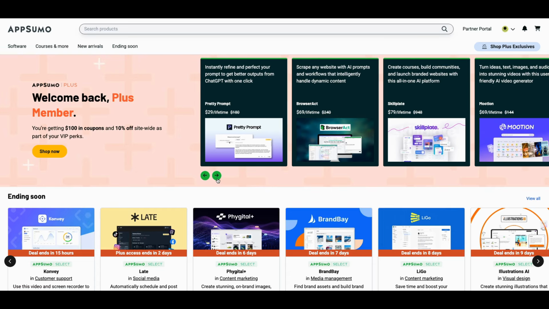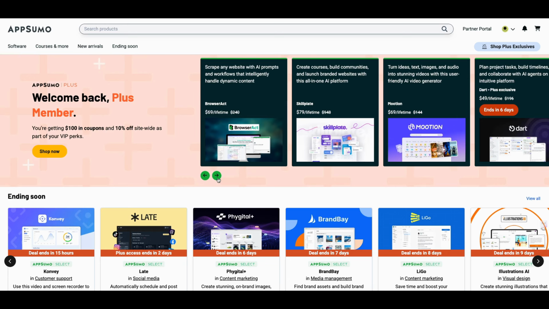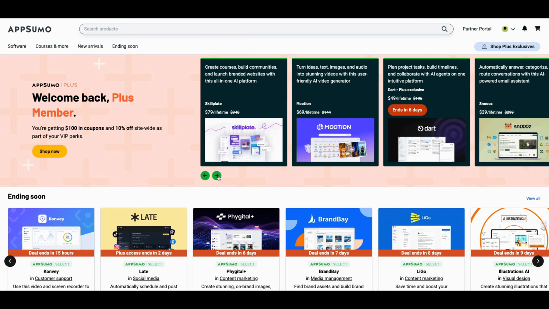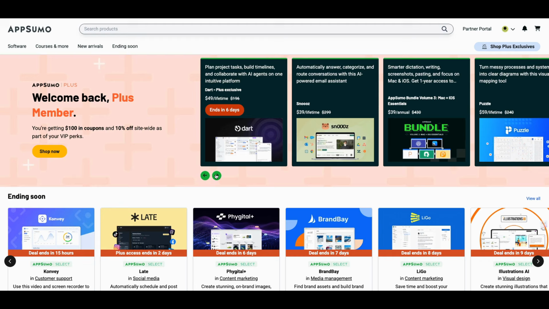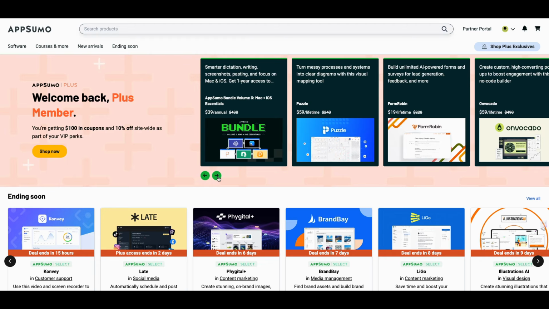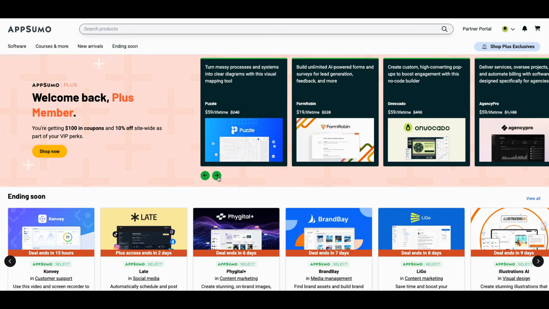That's coming up. I told you I would get more into BrowserAct. It takes some time to get into because I'm not in that space. I'm not doing that right now, but I want to see how valuable that is. If you don't have Skillplate yet, shame on you, right? Motion is pretty good. Hadn't had a chance to look at Dart. I have so many project management tools I don't even know what to do with, but what I want to concentrate with you on today is